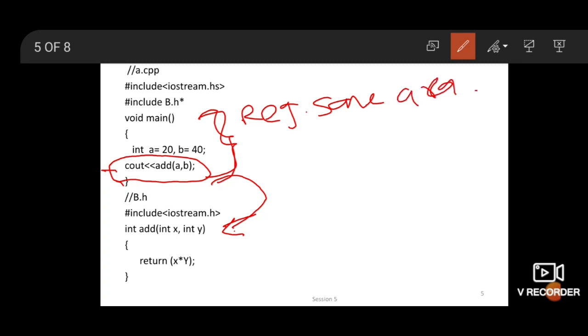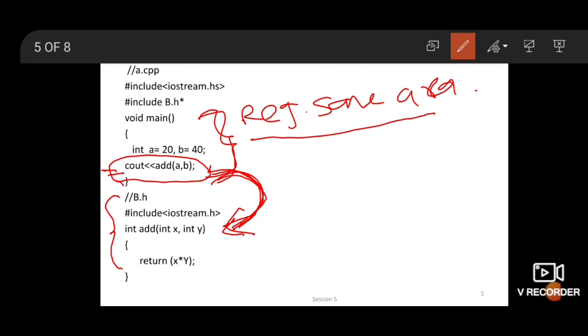It then loads process B. After saving the data in the registers, process B is loaded into memory. The time required for this, student, is known as context switching. When the pointer comes to this line and jumps to the other process, process B, the time required is called context switching.